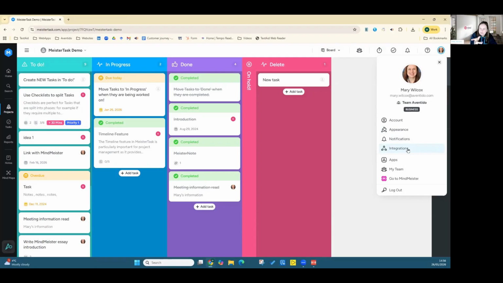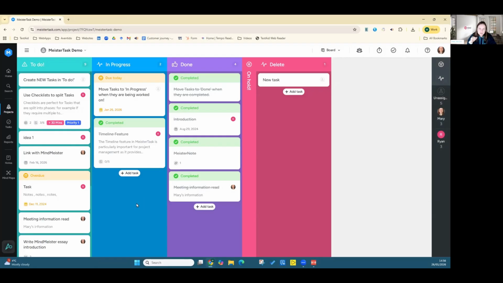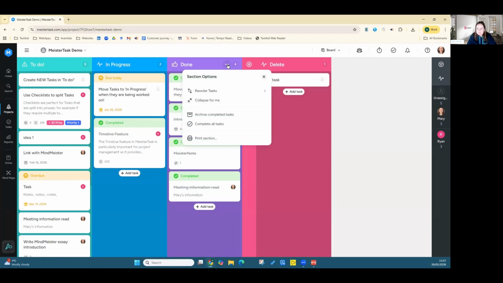I only showed you the calendar. There are other integrations that you can do as well, and other things you can do to make it slightly more complicated but very effective, which is adding automations. So you can make it so that when you do something, it automatically does something else. The particular one I like is when you move it into one of the swim lanes, it automatically completes your task. So if I go on the little dots at the top right of one of the swim lanes,